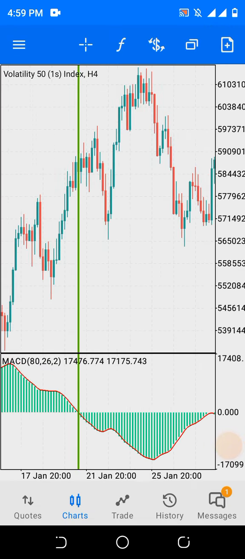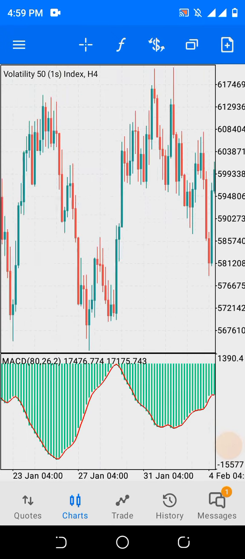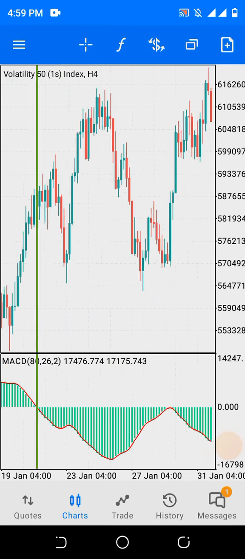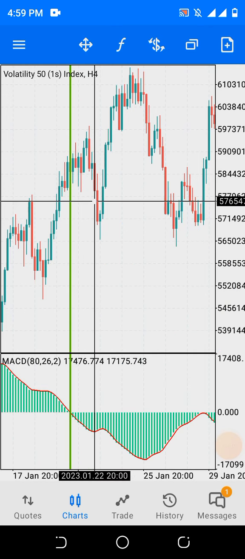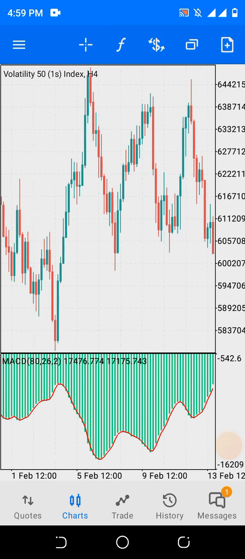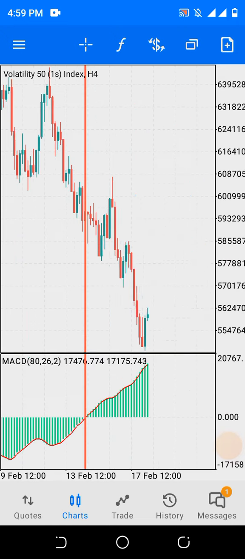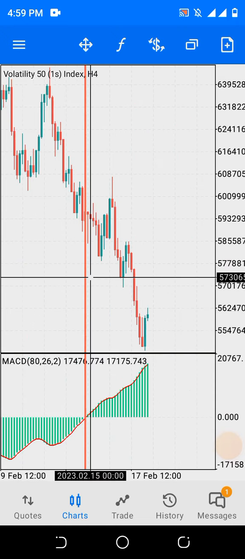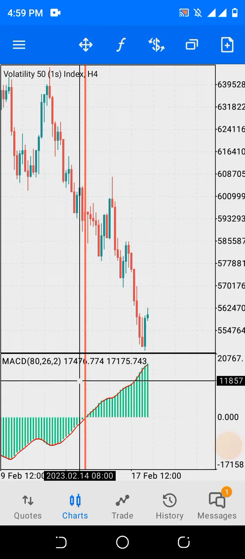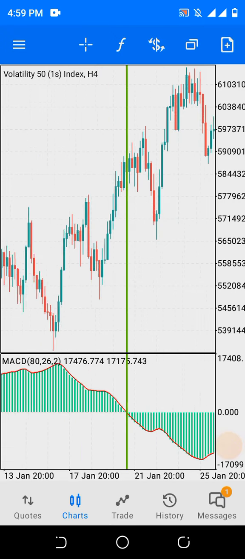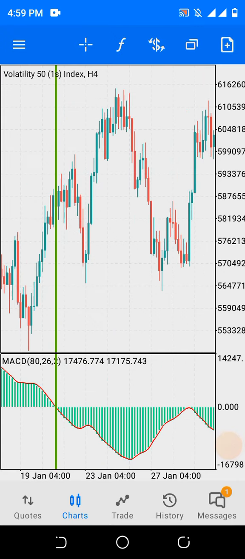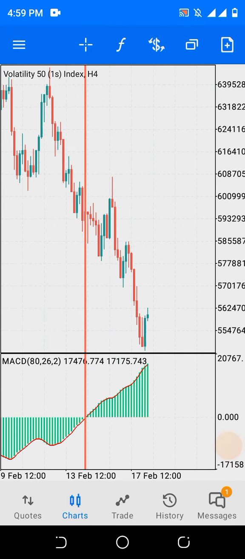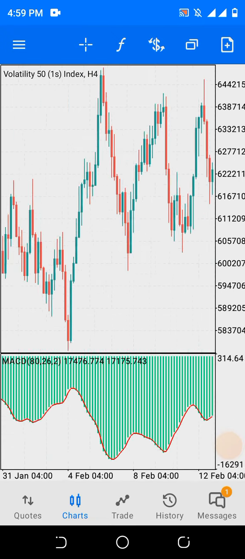From this point where we marked, this is an uptrend. Mind you, this is a 4-hour time frame. From this point, it is a bearish downtrend. Are you seeing it? So we have marked out the green line as the uptrend, while the downtrend is this red line. So this is our analysis.